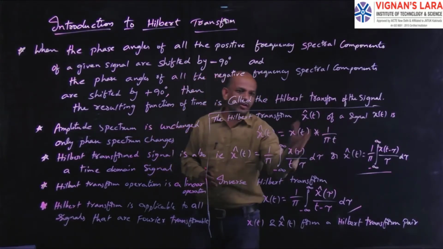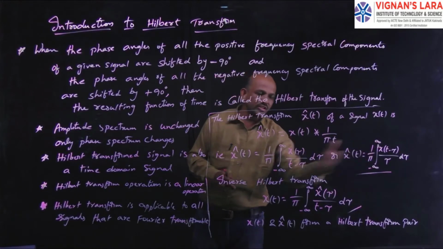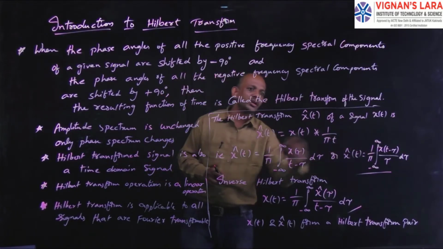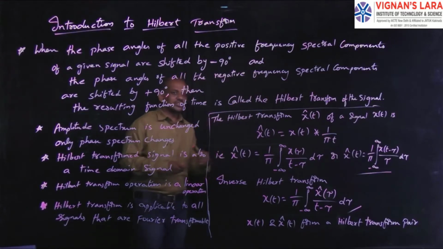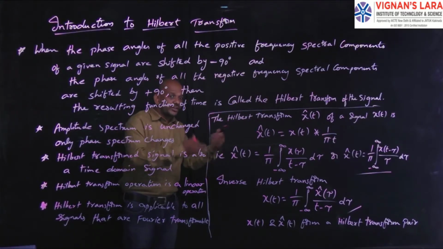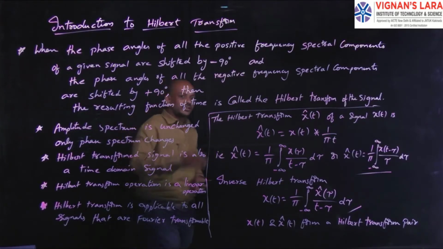So they apply the formulas. So these are the functions. You can use this formula or you can use this formula because both are the formulas for convolution. And after that, you know the Hilbert transform of the signal. From that you have to find out the original signal x of t. So that will be obtained by the inverse Hilbert transform.